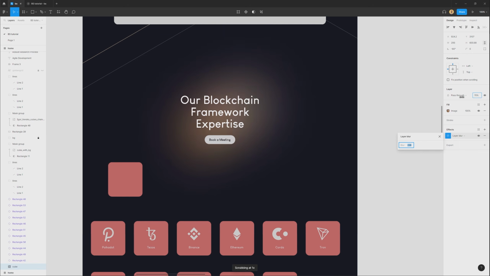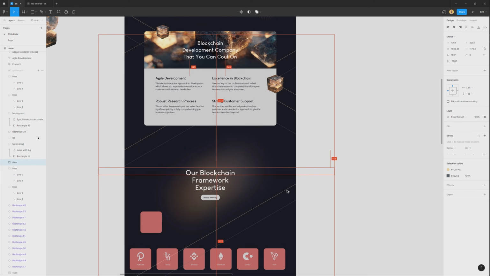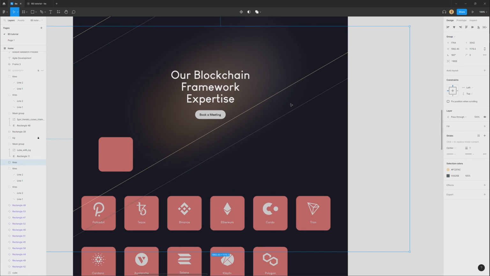Change opacity like this, and again let's add lines from our first screen. Maybe change opacity,